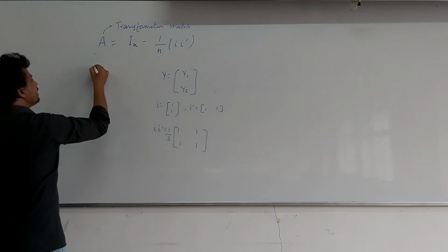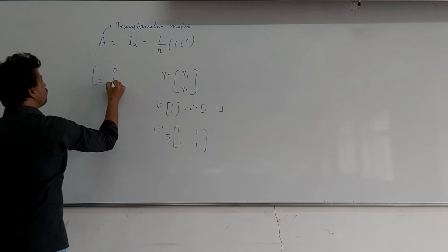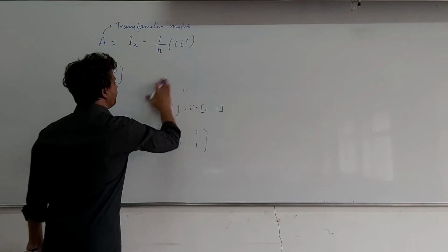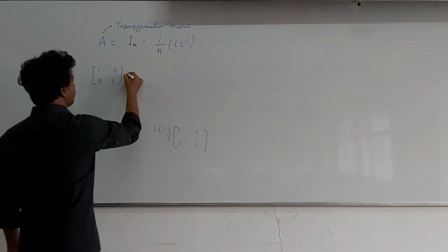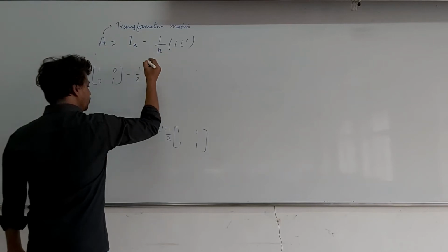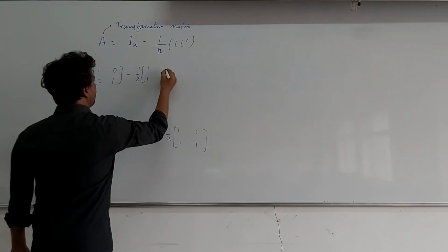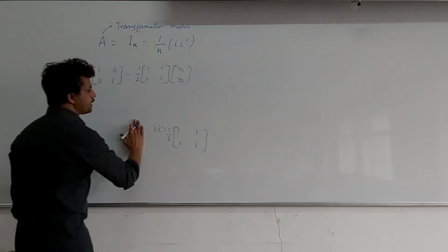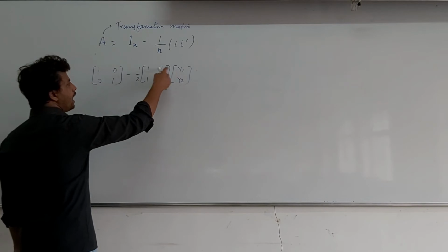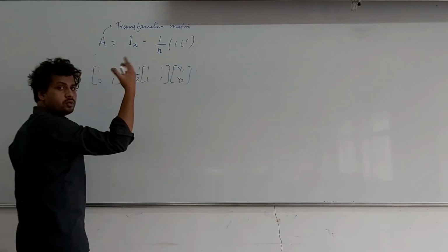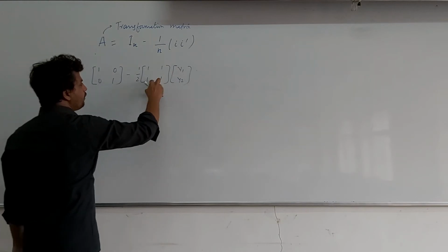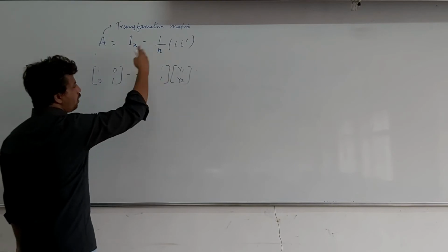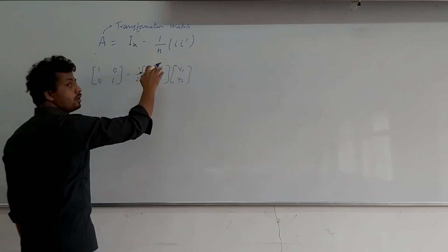Here I have an identity matrix, so my identity matrix will be [1 0; 0 1]. Right? So now let us see this term. So [1 0; 0 1] minus 1 by 2 [1 1; 1 1] multiplied by y1 y2. Now see how this product behaves first. So this product will become y1 plus y2 divided by 2, that is nothing but y bar. y1 plus y2 divided by 2, that is again nothing but y bar. So the product of these two elements comes as y bar and y bar.